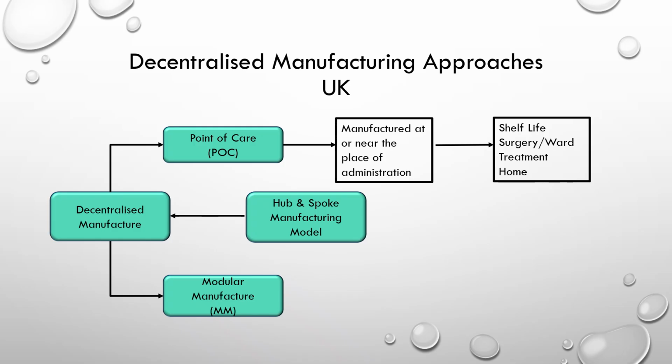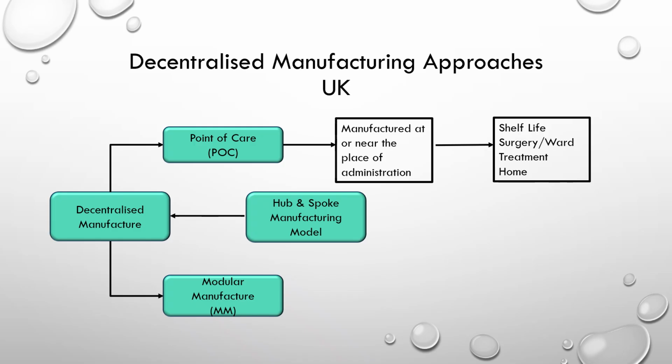Whatever the reasons related to the method of manufacture, the shelf life or the route of administration, these medicinal products can only be manufactured at the place where the product is going to be administered. And if it can meet that criteria, then it becomes a point of care